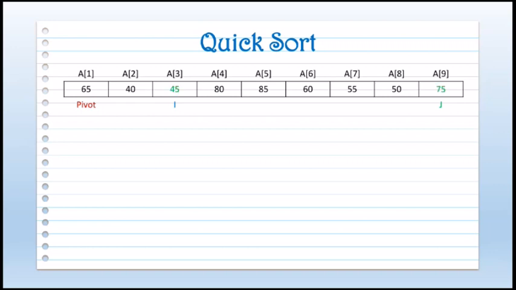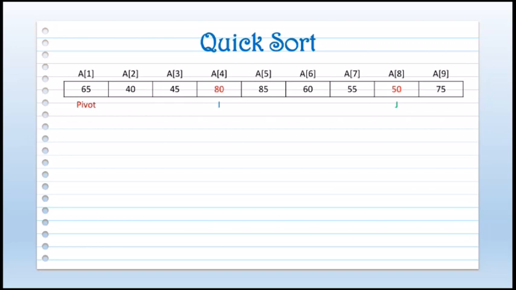So after exchanging the numbers, we will do the same process again. Now again we will start from the left hand side. So the next element is 80. So 80 is compared with pivot element. So this element is greater than pivot element. That means we will stop comparing here itself, and we will go to the right hand side. So the next element from right hand side is 50. Is 50 less than pivot element? Yes, the condition is true. So we will stop comparing.